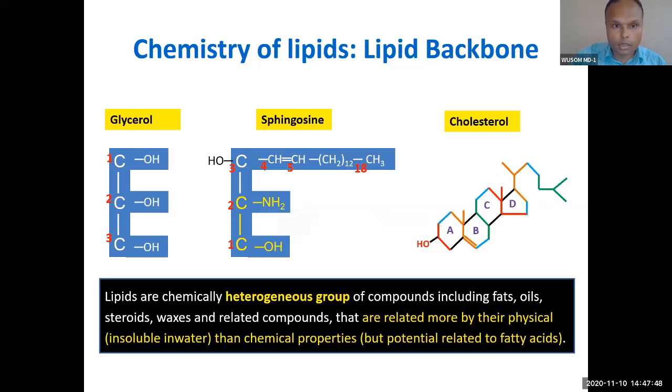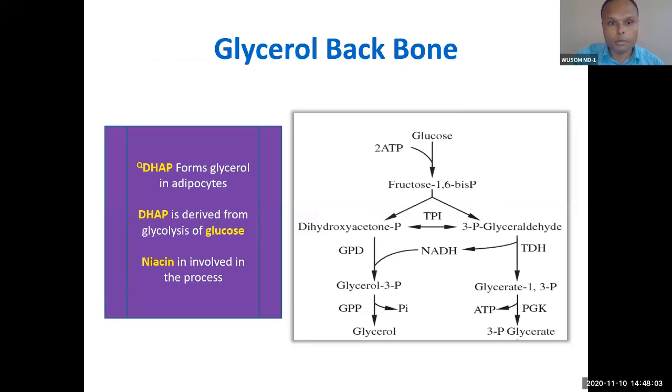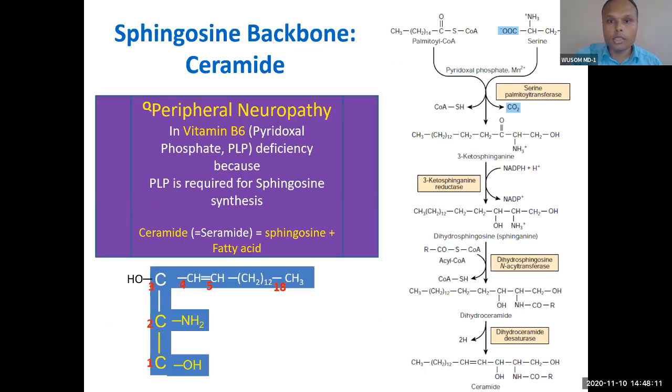We will actually be talking more about this glycerol and sphingosine backbone, and we have dedicated four classes for cholesterol and bile salt, and the rest of the classes we will be dealing more with the glycerol and phospholipid backbone. We did how this glycerol is synthesized from glucose, and then how this sphingosine backbone is synthesized from amino acid and fatty acid. The amino acid is glycine and the fatty acid is palmitic acid. Vitamin B6 is required, very important.